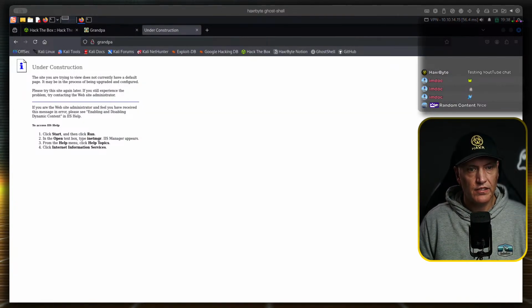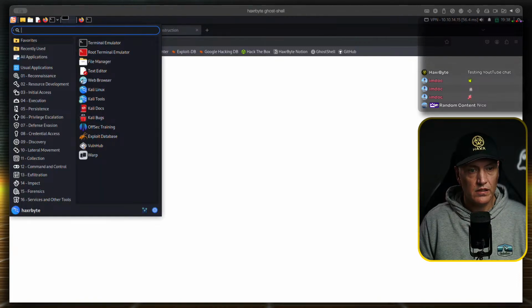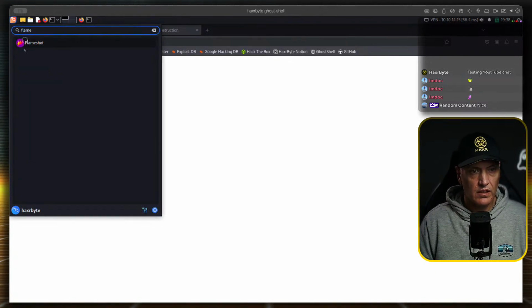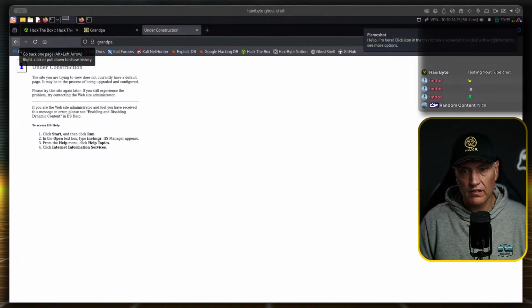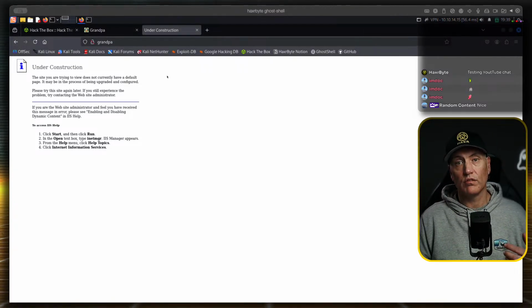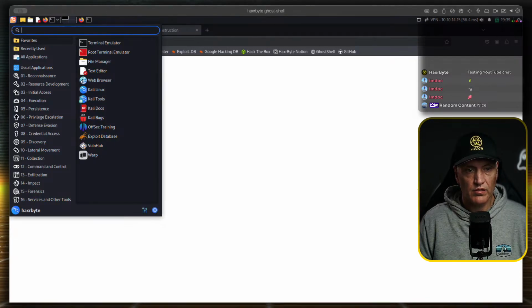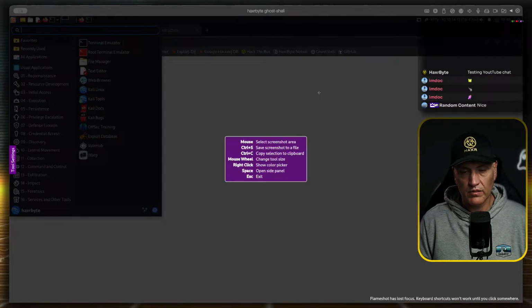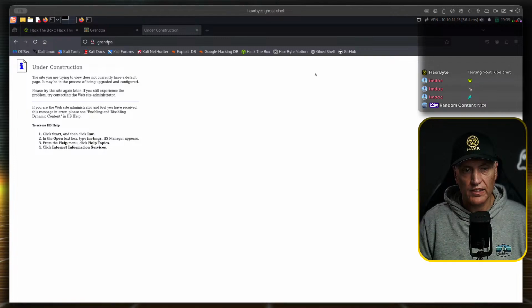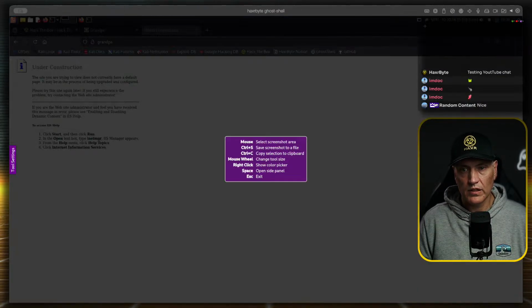It might be a good idea to take a screenshot. Let's see, we can use Flameshot. This is another thing that's really good to get in the habit of, taking screenshots, because you definitely need to do that when you do penetration testing, if that's what you want to get into.